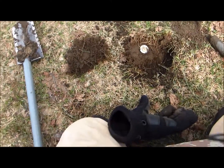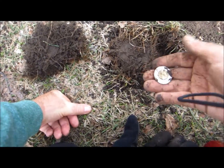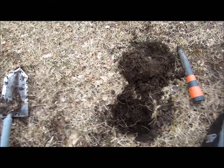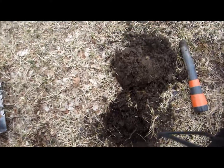from the last hole that I dug, and dug this hole. Out pops up a toonie again. New coin, but it's not a penny. I'll take it. On to the next one. Right, I had a pretty good signal that I just dug up. I don't know what it is because I haven't checked it out yet, but